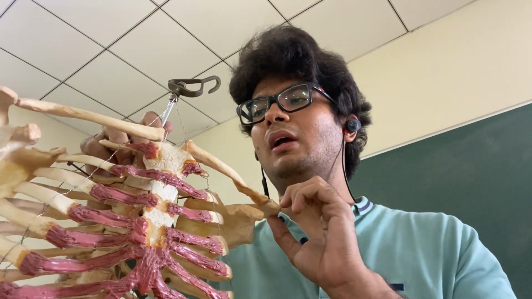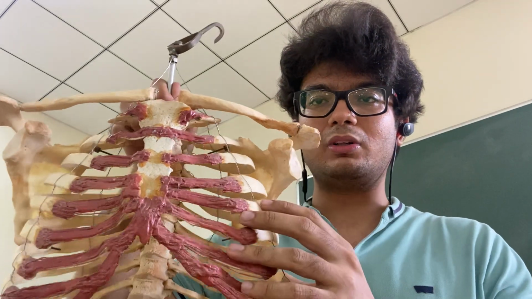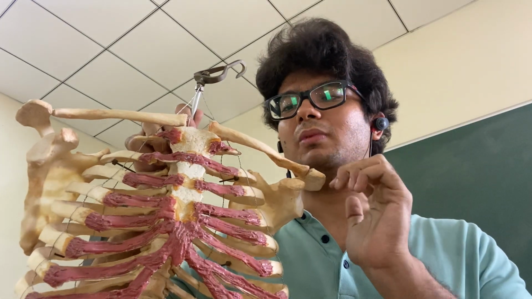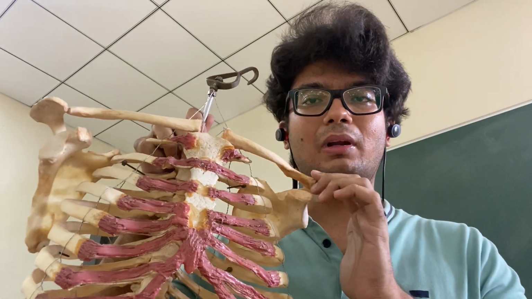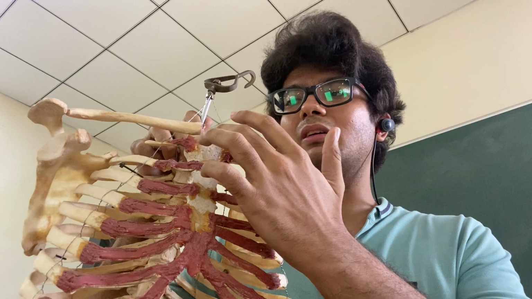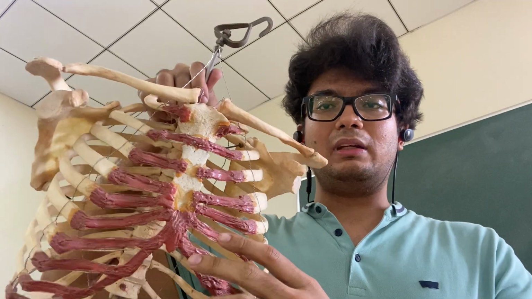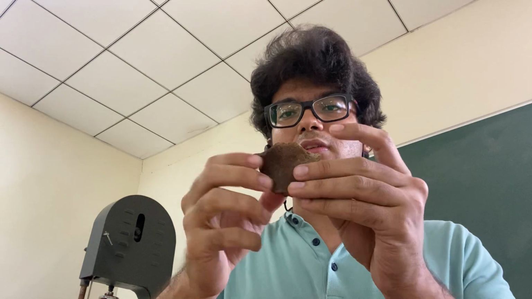This is important. Why? Because the sternum articulating with the clavicle forms a crossroad between the axial and the appendicular skeleton. Why? Because the clavicle bears the upper limb weight and the upper limb weight is thus transmitted to the sternum. So, talking about the other parts of the sternum, first of all, let's talk about the manubrium sterni.